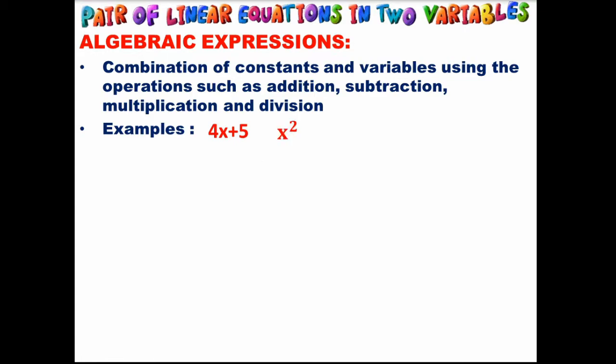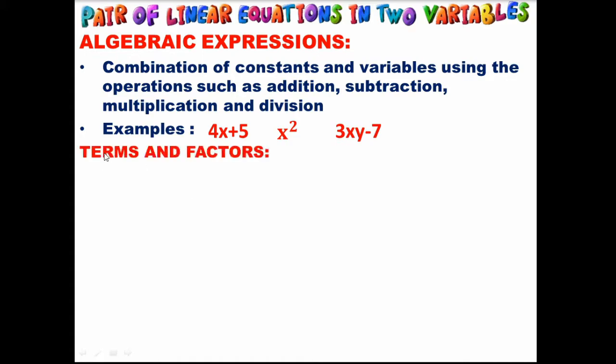Let's see one more example, x square. See, though we don't have any constant here, this is also an algebraic expression because it has only a variable x and the combination here is multiplication, that is x into x. Therefore, merely x square, merely a variable, is also an algebraic expression. Now we consider 3xy minus 7. I can say this is also an algebraic expression because here the constants are 3 and 7 and the variables are x and y. They are connected using multiplication and subtraction. So this is how we define algebraic expressions, right?